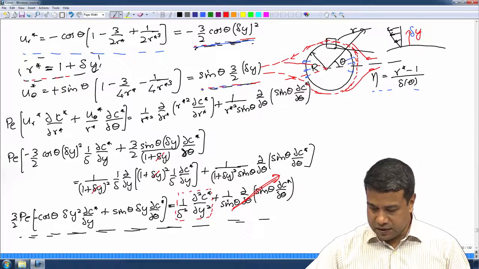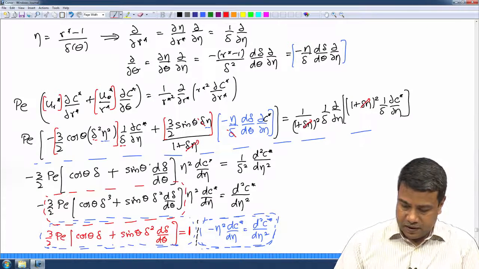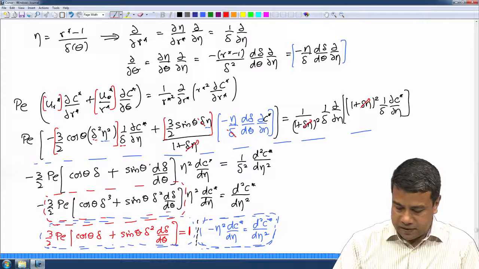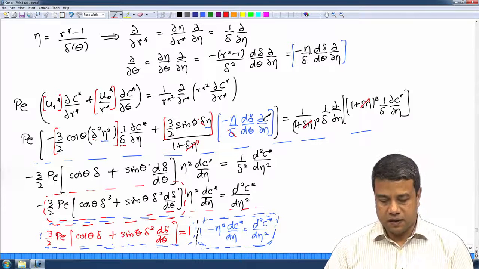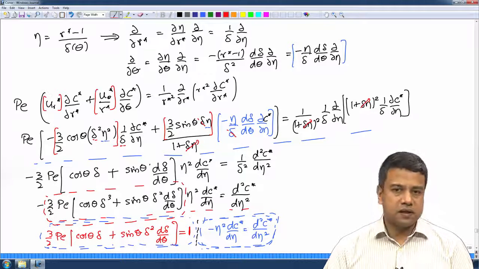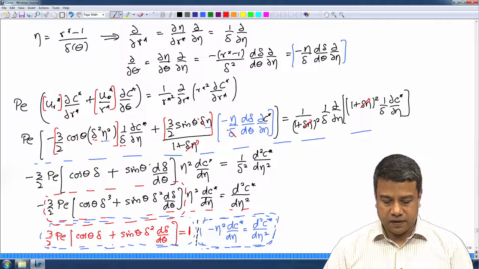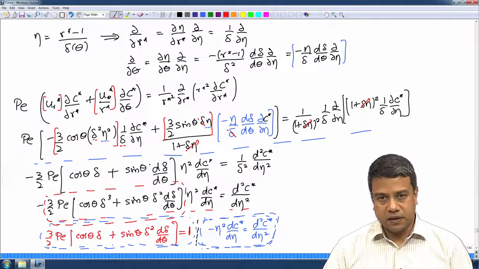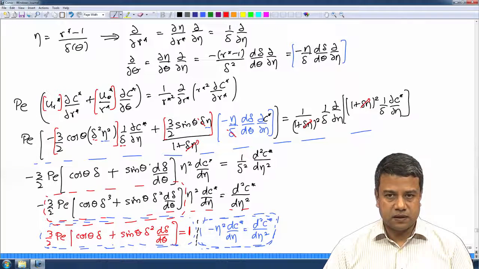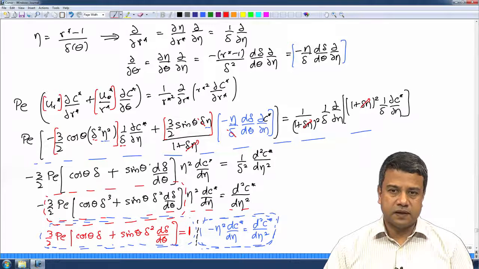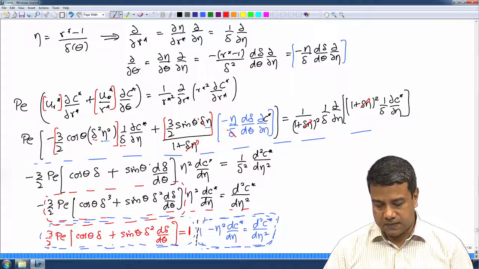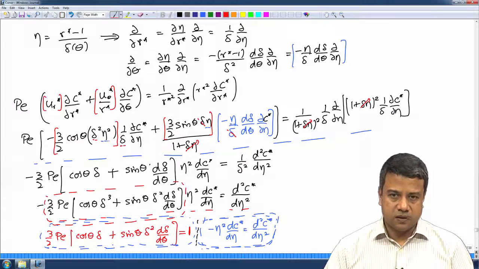Determine that similarity variable from the condition that within this thin region, the equation that I get in terms of the similarity variable has a coefficient in the convective term which depends upon the downstream azimuthal angle theta. That has to be a constant. We can choose any constant, because in terms of the similarity variable the solution will depend on the constant, but back in terms of the original variable it will not depend on that constant. We choose that to be a 1